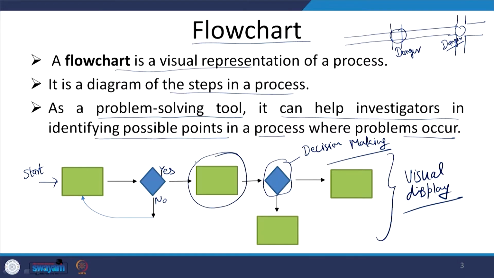You need to put your best players, best employees, at that particular process, so that you can minimize the happening of continuous errors, or you may like to automate that process. For example, if at this particular activity more defects are generated, you may think, can I replace this activity with some robot or automated system, so that I can minimize the happening of errors at this particular point? This type of decision you can easily take when you have the visual representation in front of you.